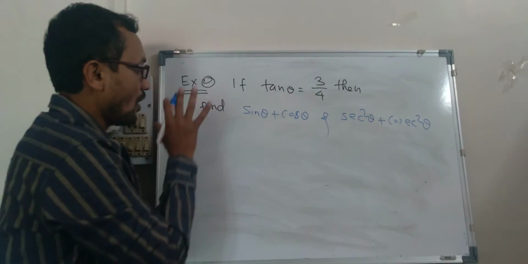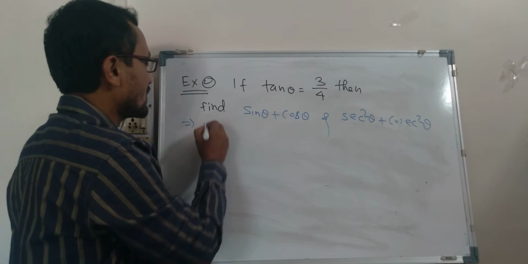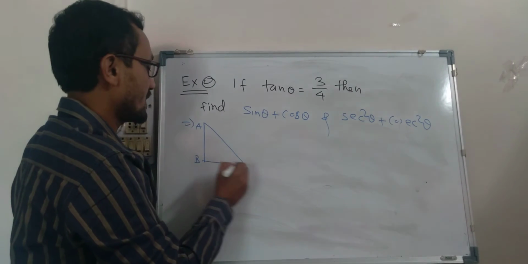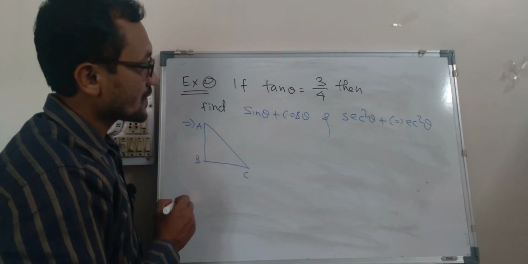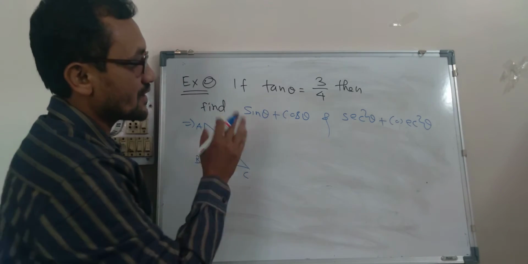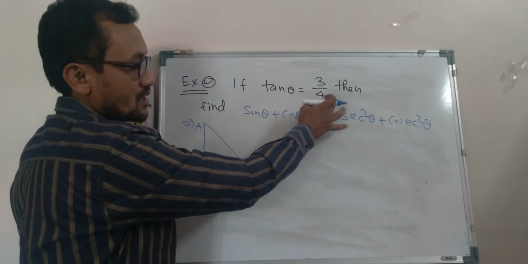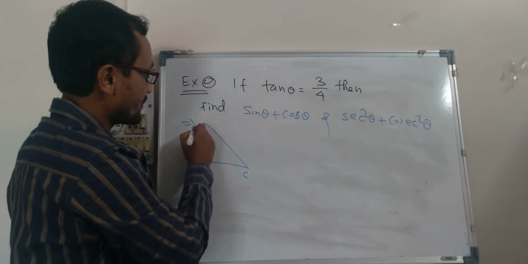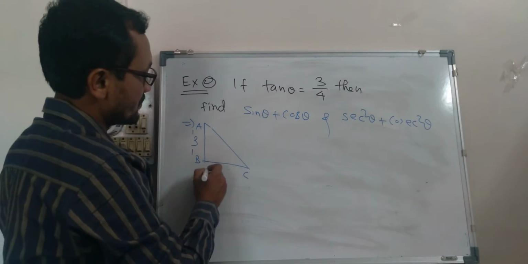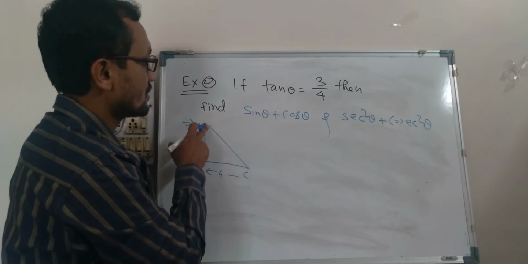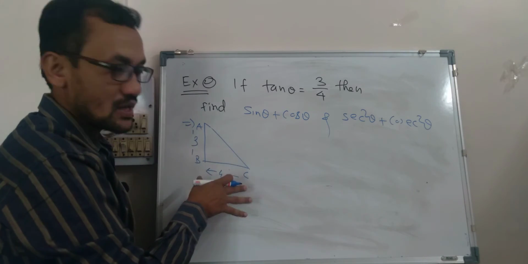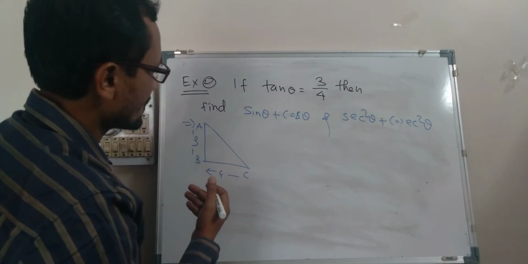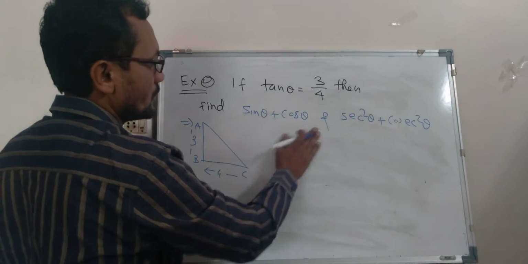Okay. So we will draw the diagram for this. First we have a right angle triangle ABC. Okay. So what is tan theta here? Tan theta is always height upon base. So there is no use of hypotenuse here. Okay. So what is your height? Here it is 3. What is your base? It is 4. Now there is need to know AC, but using Pythagoras we can find out, but we don't need Pythagoras. Okay, we will use Pythagoras, no problem.